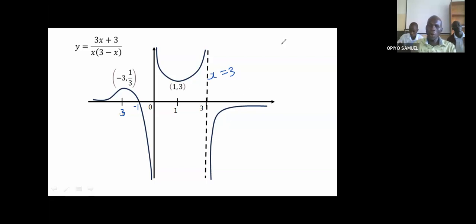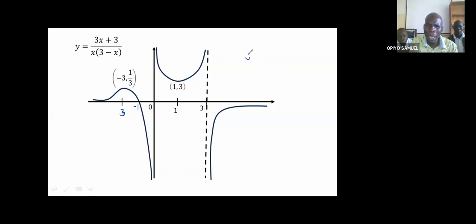So that is one. Maybe before I move away from this case of curve sketching, allow me to say that when they ask you to give a region where the curve does not lie, because we may not discuss this anymore, and in case they bring it, they want a region where the curve does not lie, where the y value does not lie. So first of all, assuming this was one of them, and yet this is not, but I'm going to use it as an example. Assuming this is one of them, we shall